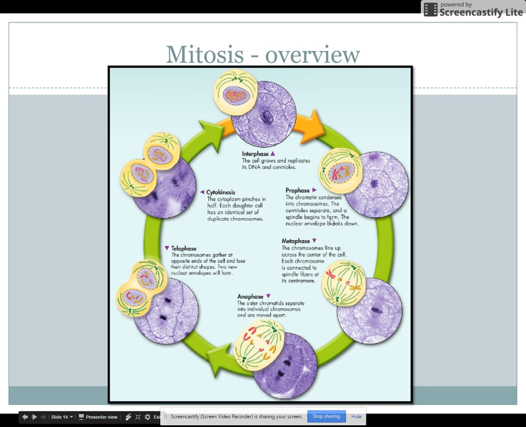Last but not least, here is our overview, just to kind of put everything into perspective over here. So we start off